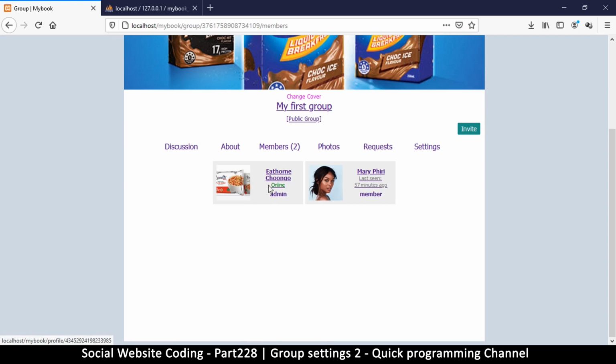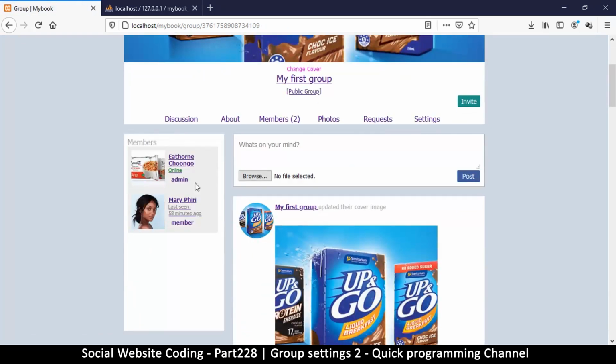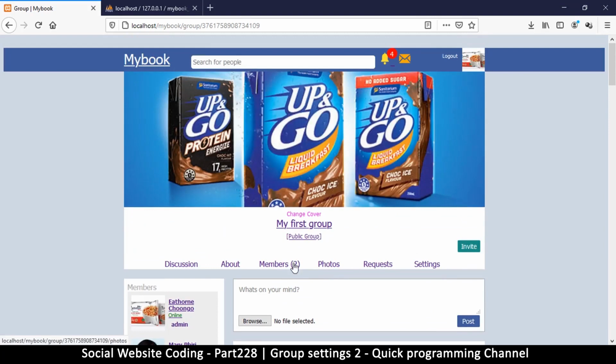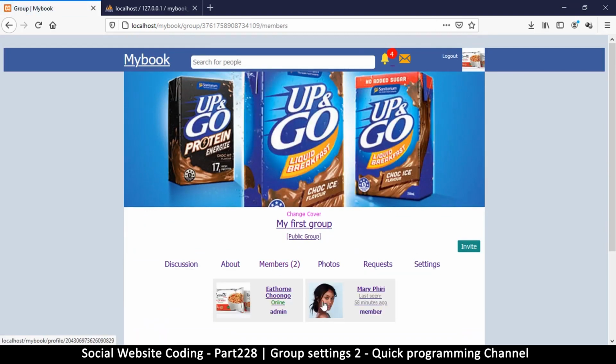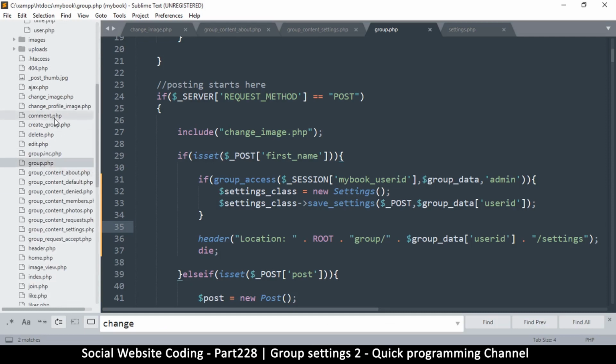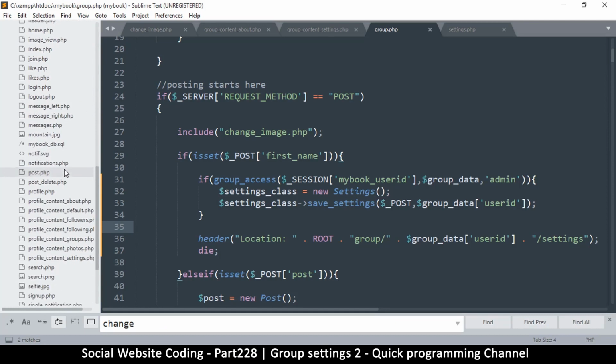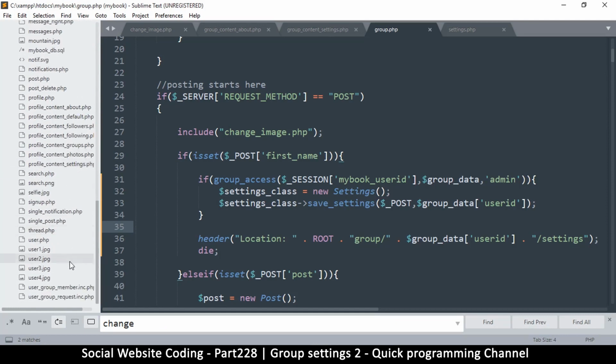Now, the important thing to note is that these single files, these include files, are specially made for groups, so I can add new things here without affecting these ones that I see here because they're actually different files. So that's good. So we go to members here, and let me come to my text editor here and look for that button. The file, sorry, so it's called user group member,